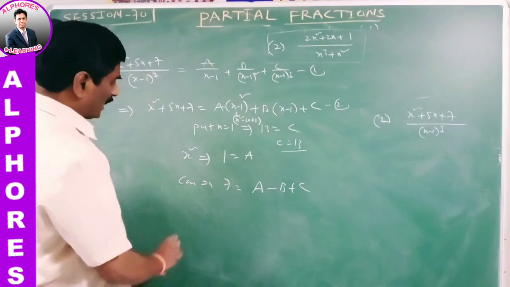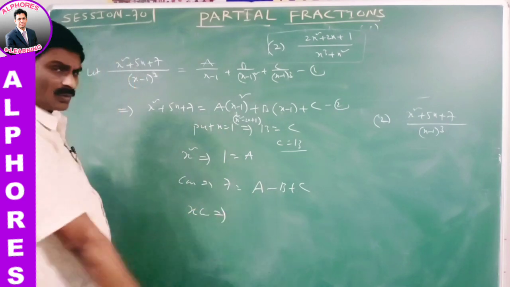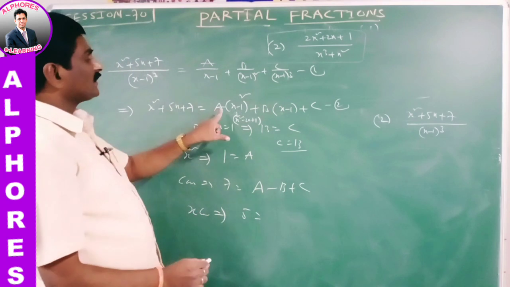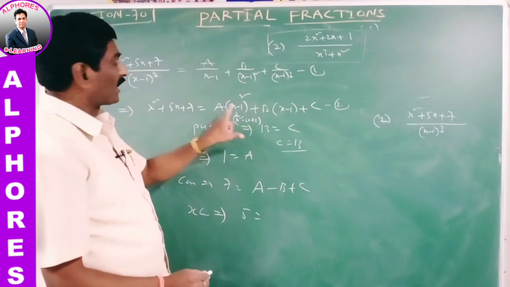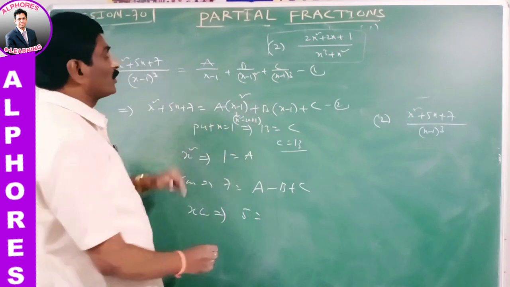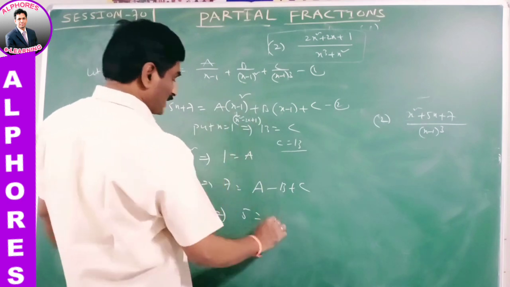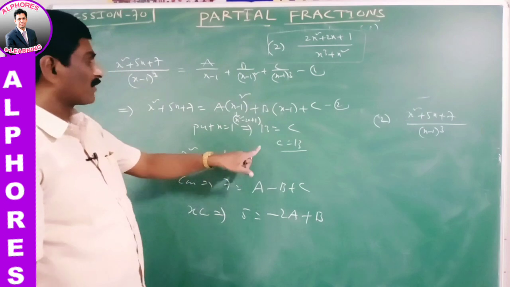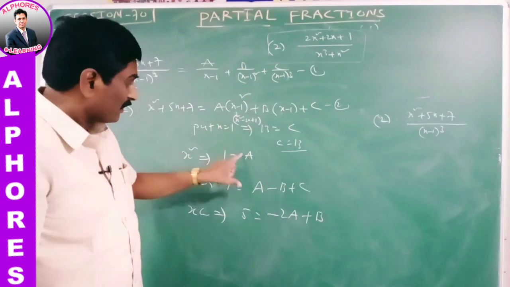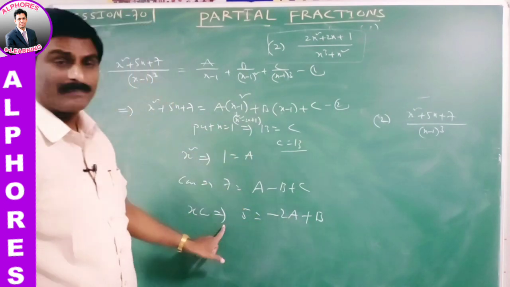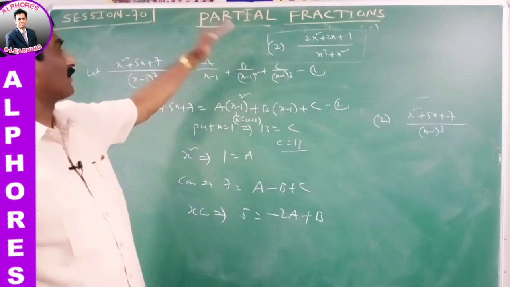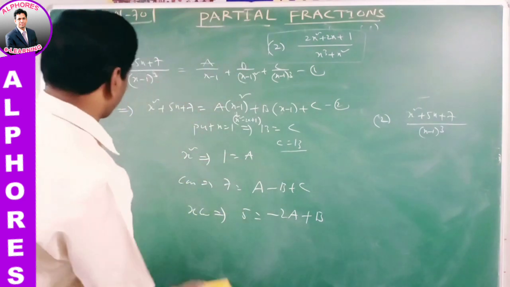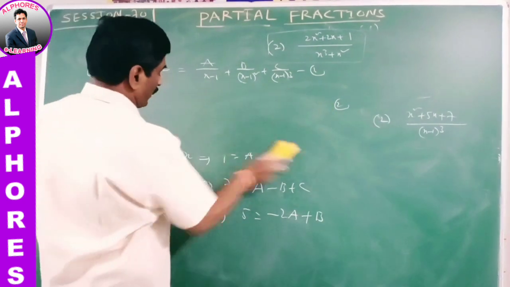Or by equating the x coefficient, it is also true. By equating the x coefficient, 5 is equal to, here x square minus 2x plus 1. What is the x coefficient? Minus 2x into a means minus 2a. Here what is the x coefficient? Plus b. Already we found the value of a. Substitute the value of a in this equation, we get b. Okay, by substituting a, b, c in this equation, we get the roots. It is the first method. Second method, easy method, very, very important. Second method, alternative method.